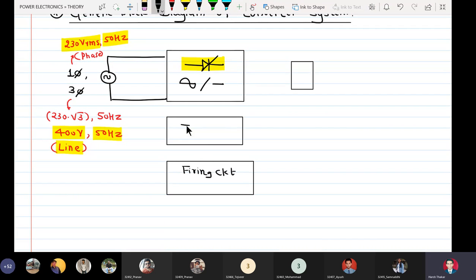So because we can have multiple devices, we can have multiple firing pulses. Isolation also can be multiple, and here the output is